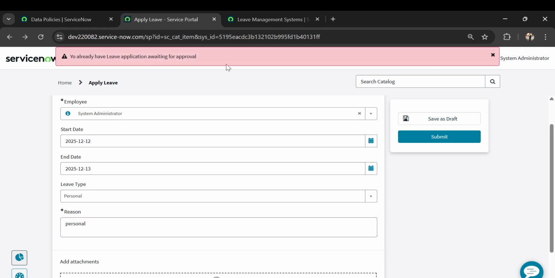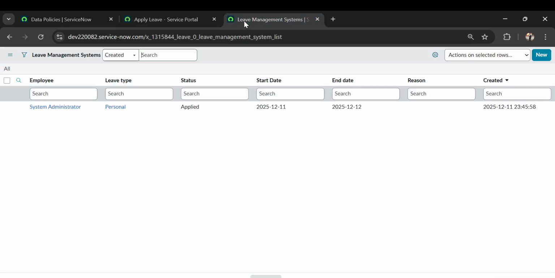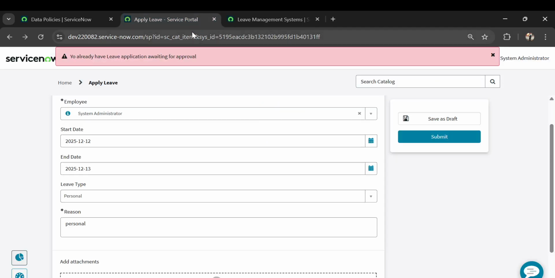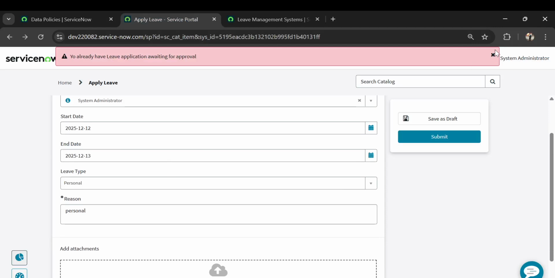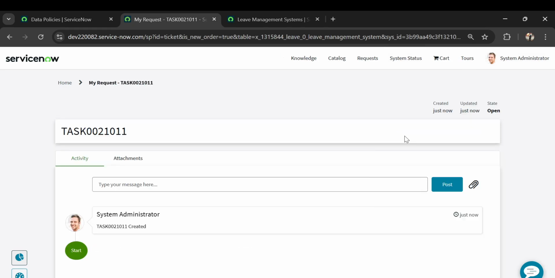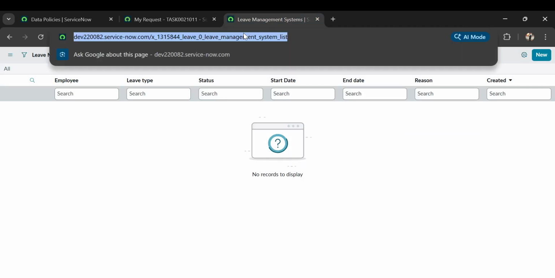So already I have some business rules flagged in the table, which I think you must have seen in my previous sessions. What I will do is remove the record from this table for now, just to make sure those rules are not enforced. But I'll try to submit once again. So that was coming from the business rule basically. Okay. All right. So now if I submit it, it is submitted and we have a record in the table,